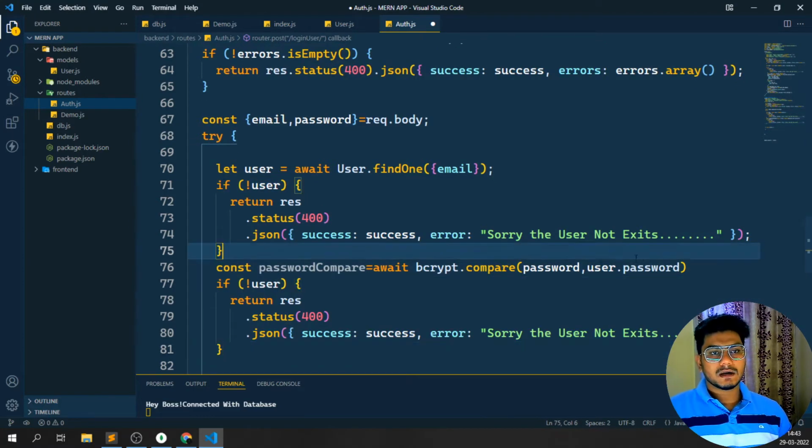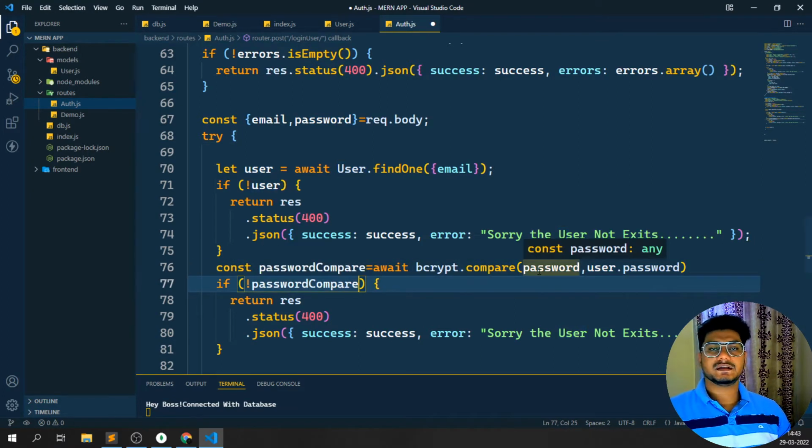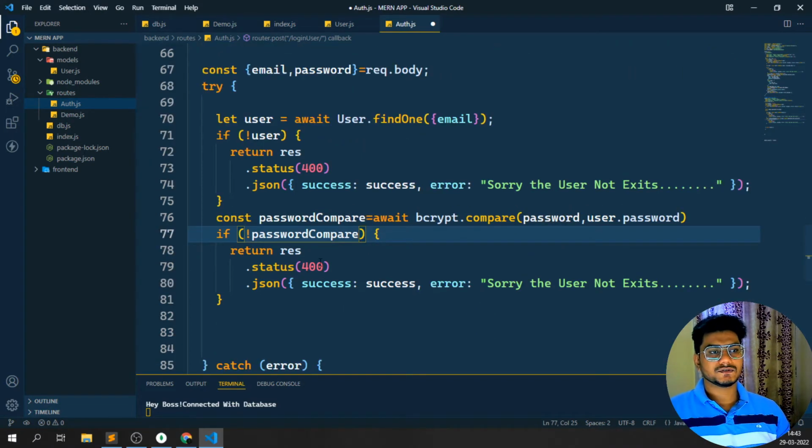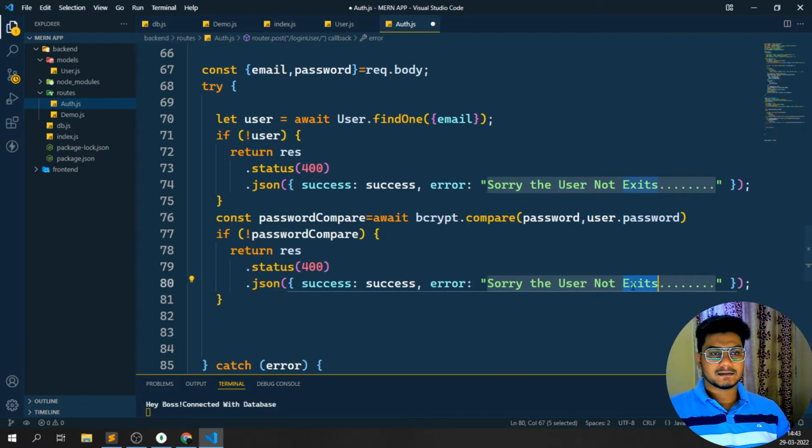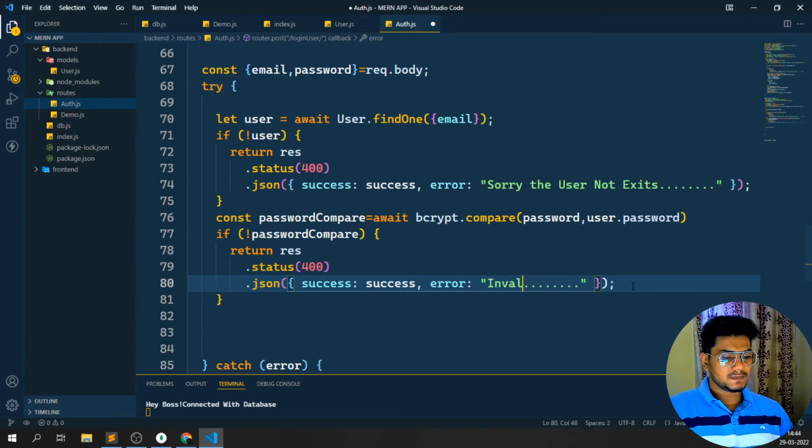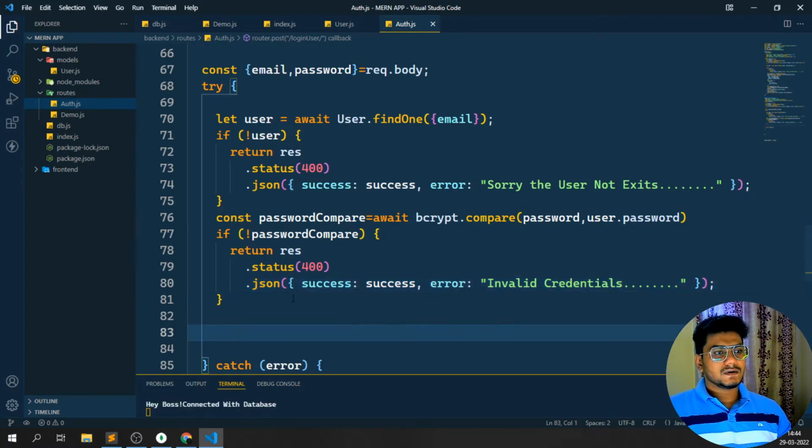So this time I need to check with the password compare. If this particular condition fails, if the user is giving the wrong password, I'll return the 400 status code, and success will be false itself. I'll just tell, sorry, invalid credentials. So I'll just send invalid credentials to the server. Once the password comparison and the JSON has been done,